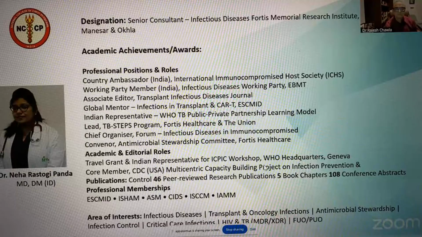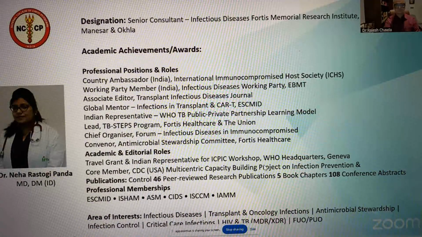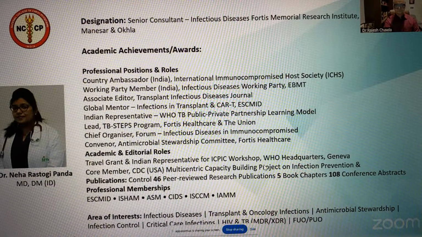She's a global mentor for infections in transplant and CAR-T, Indian representative for the WHO TB Public-Private Partnership Learning Model, lead for the TB STEPS program at Fortis Healthcare, and Union Chief Organizer for the Forum of Infectious Diseases in the Immunocompromised. She's a convener for the Antimicrobial Stewardship Committee,